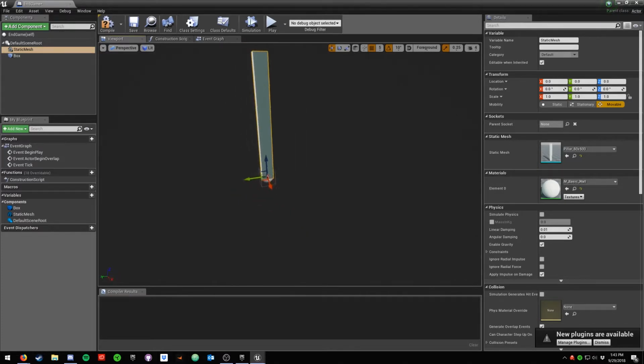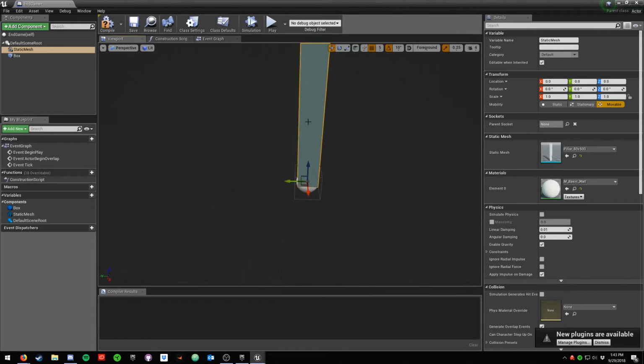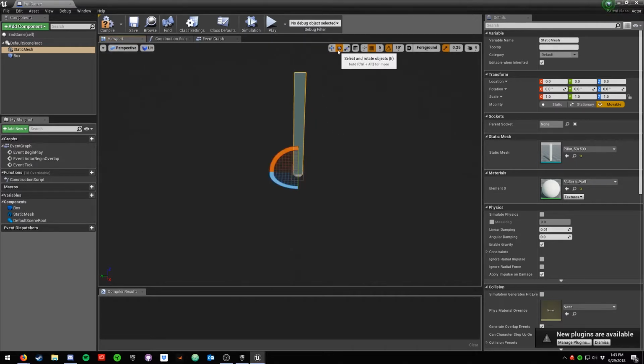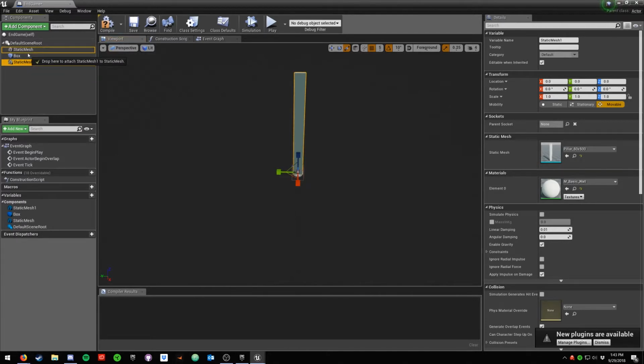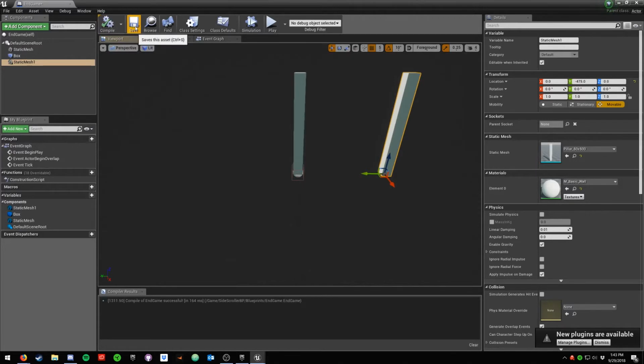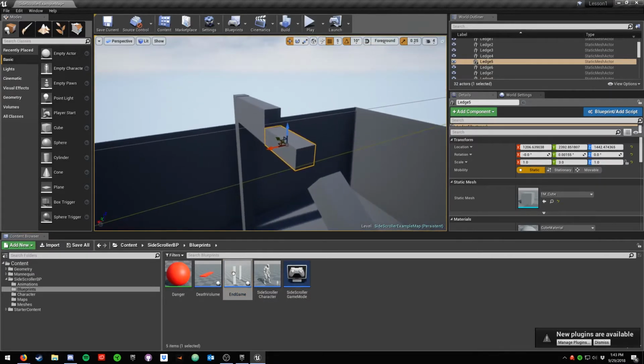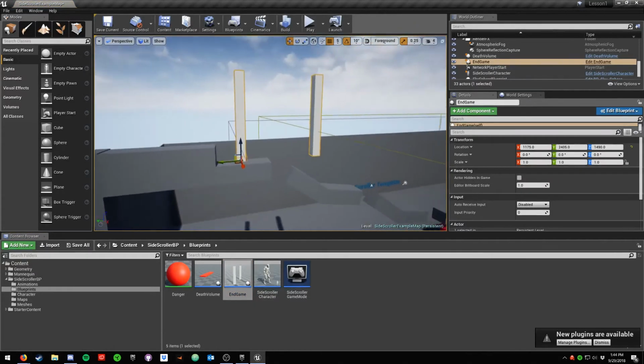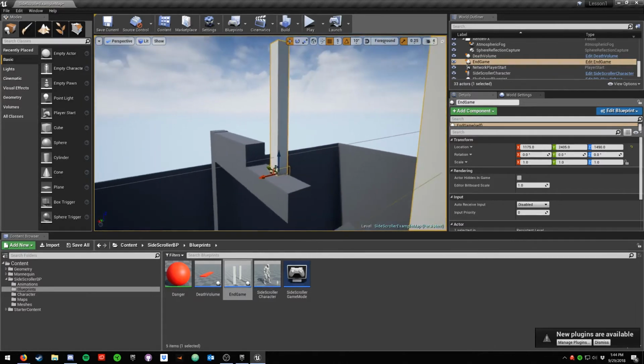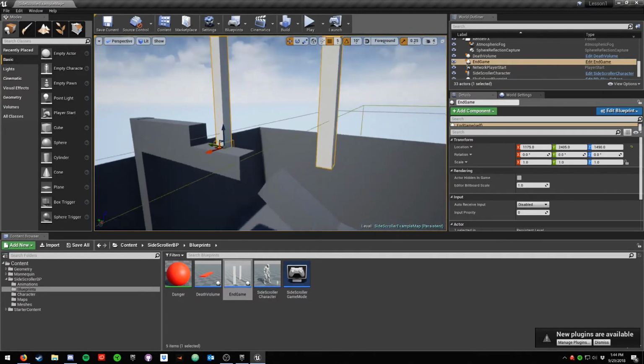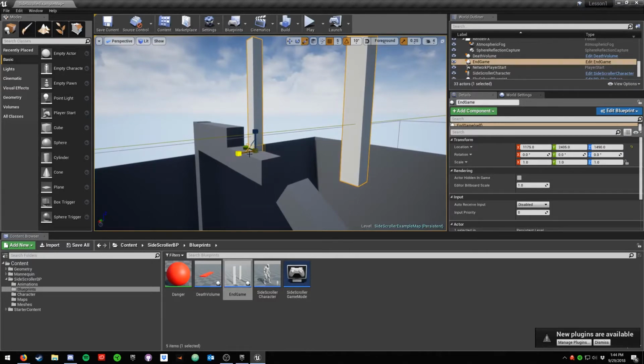So let's do this. We're gonna make like a little gate that he has to walk through. So in order to do this, we're gonna add another one of these static meshes. Okay, and then we're gonna translate this a little bit to the right. And a good practice to get into is placing this into the level so you can get a good idea of the scale that you're making it. Because as you can see, this is much bigger than you would have thought looking at it from the other way. So I'm gonna rotate this